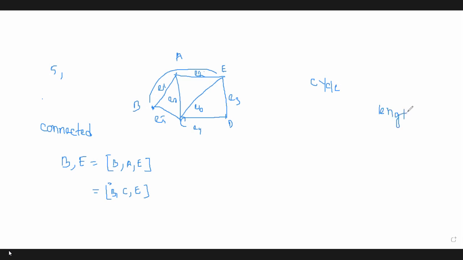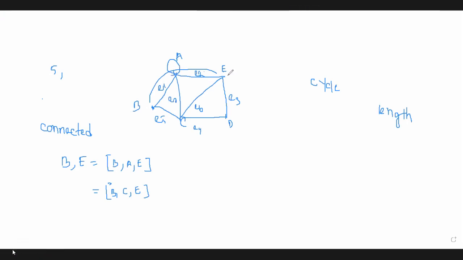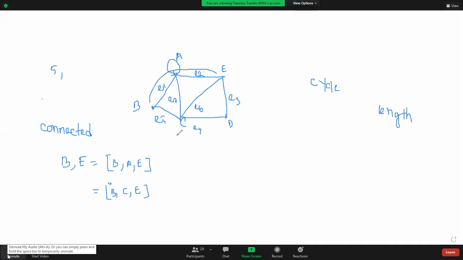What is simple path? In a path sequence, all the nodes should be distinct. In a cycle, the starting node and the end node should be same. But that doesn't mean that after starting from this node, we can go to that node directly. No, that is a loop. That is not cycle. So what is cycle? After starting from this node, we can traverse, visit other nodes, but at last we have to again reach that starting node. So in a cycle, the starting node and the end node are same.